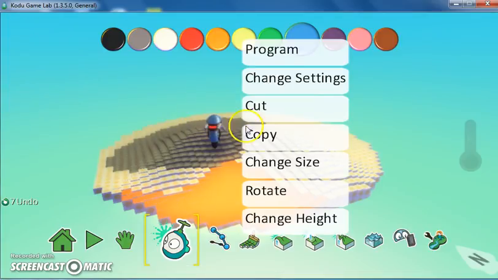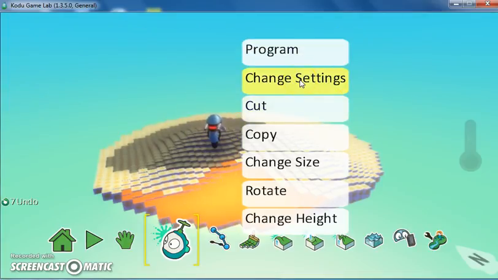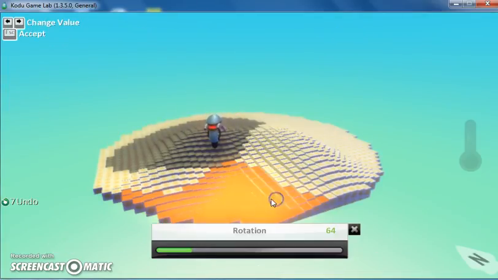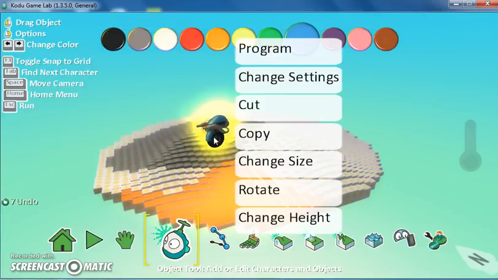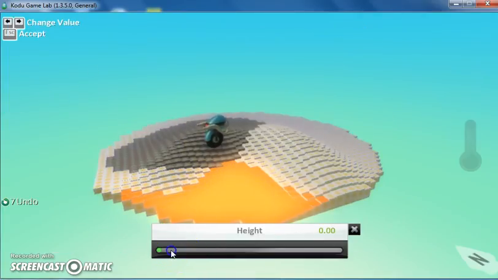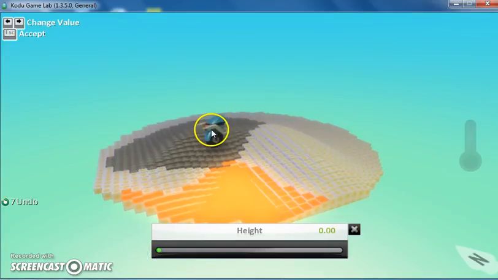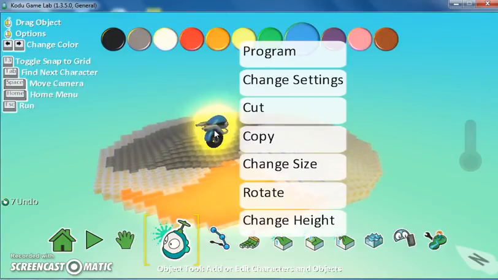Again, there's lots of different things I can do. I can go into the change settings, and there's all sorts of things I can do. I can rotate him. And if I want his height, I can do that too. So there's lots of different ways that you can change your characters, but I'm going to start off making sure